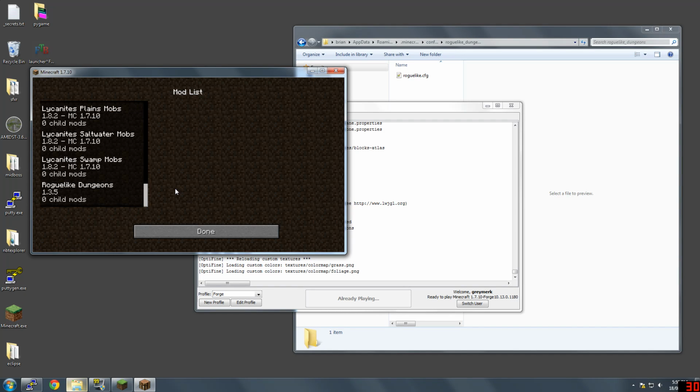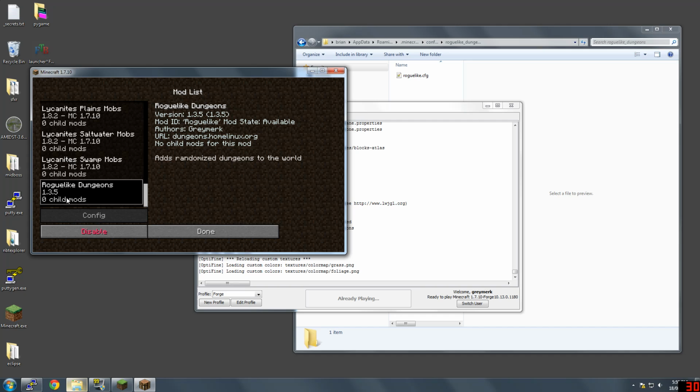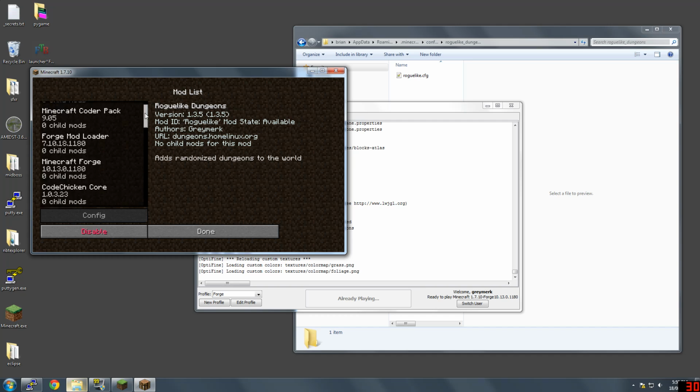Hello everybody. So I've just released Roguelike Dungeons 1.3.5, and the key feature in this update has been the new settings system, which I know a lot of people are going to be curious about, and I'd like to have a video to give an impression of how you get started with this, because I'm not finished doing the documentation, and this is not really an obvious thing necessarily, and there's a lot of